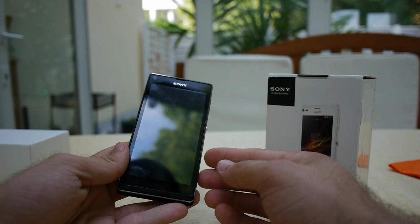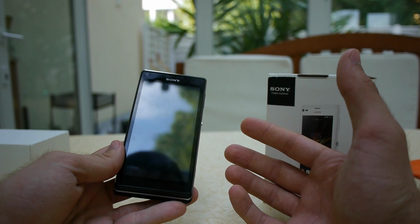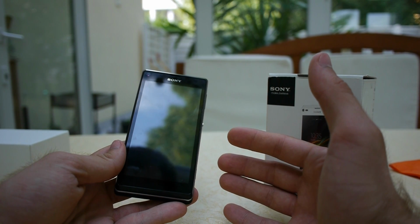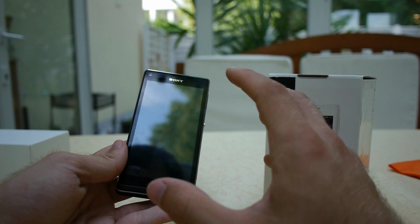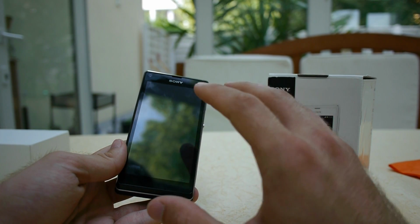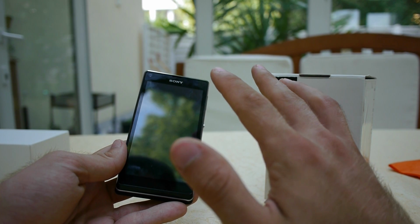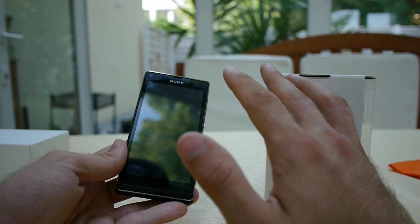Welcome to Untitled TV with the Sony Xperia L smartphone, which is one of the cheapest smartphones in Sony's lineup of Xperia series, but maybe one of the most compact and perfectly built smartphones in terms of what you can do with it. Anything that you can do also with a little bit more expensive smartphone, but we